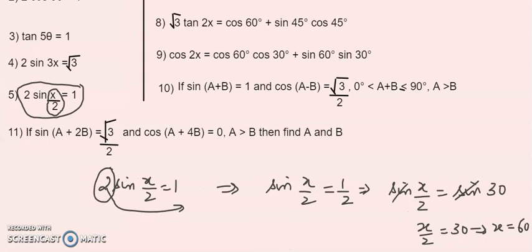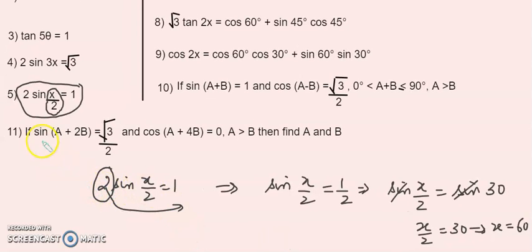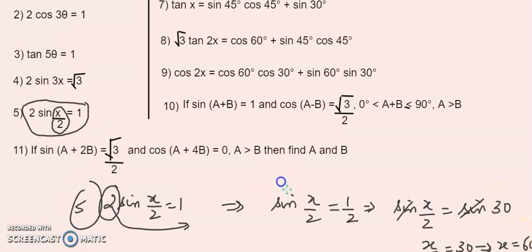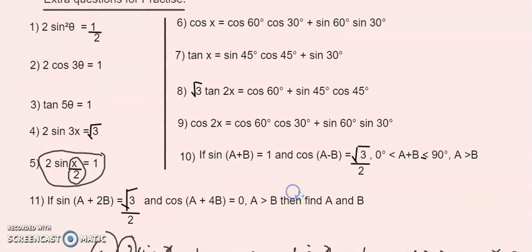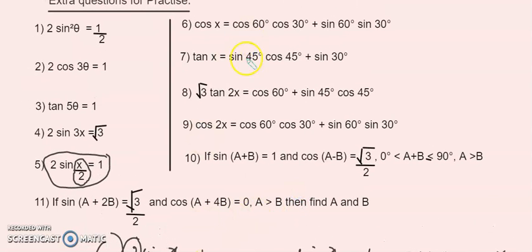So what you need to do is just shift the 2 from that question, and what happens is that it gives you half. So sine of half is nothing but sine 30. So x by 2 is equal to 30. So x is equal to 60. Clear? So the next, same way for 6th, 7th and 8th, 6, 7, 8, 9, you have to first evaluate